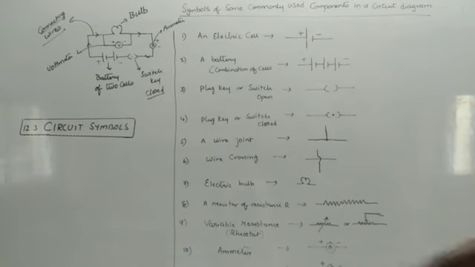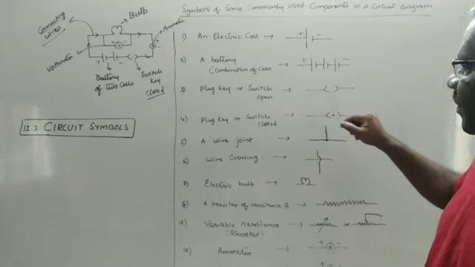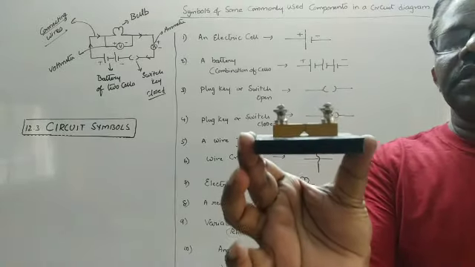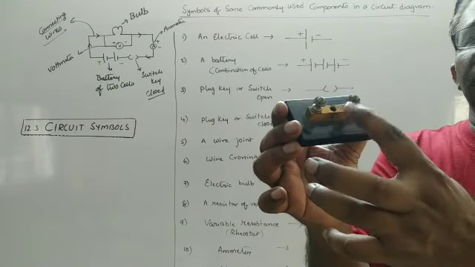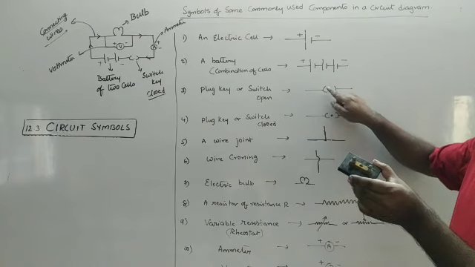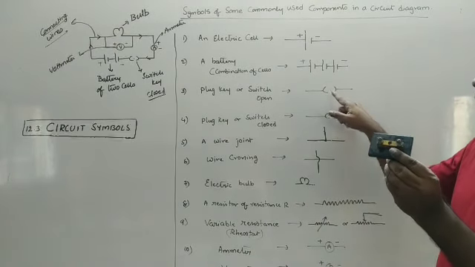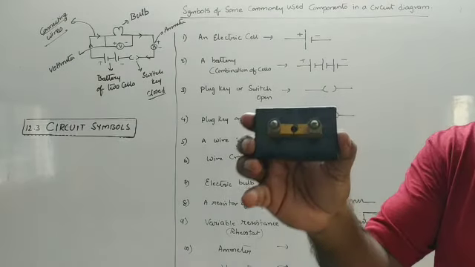Okay. Then the switch key which is used in electrical cells is a typical one. The switch key generally is shown like this. Now this is a switch key which is open. Open in the sense it does not allow the current. So here these two are represented by this part and there is nothing in between. That means the switch is not allowing the current to flow.